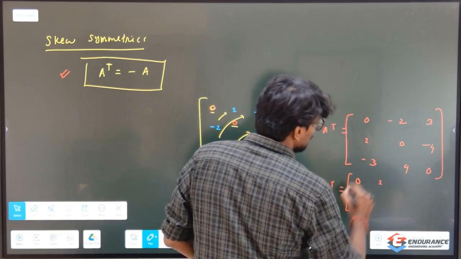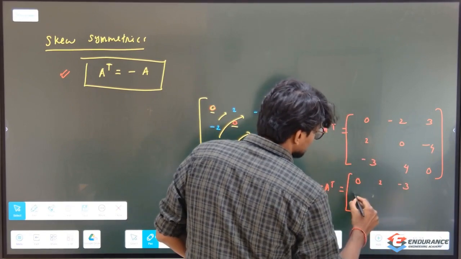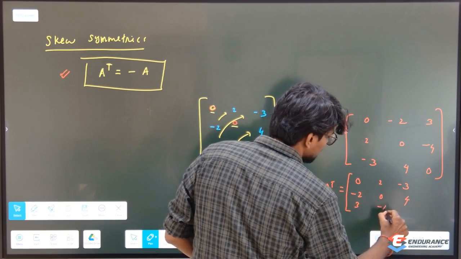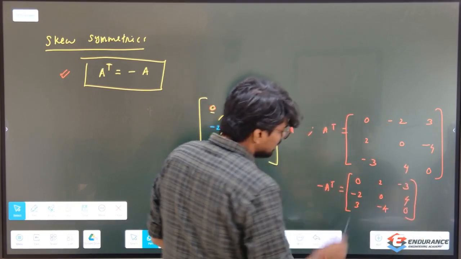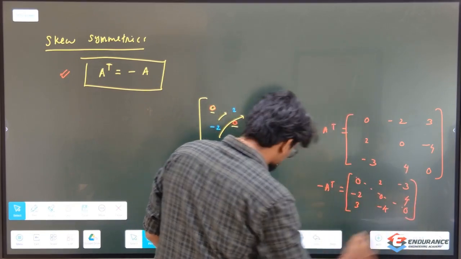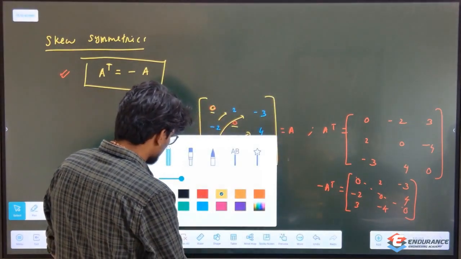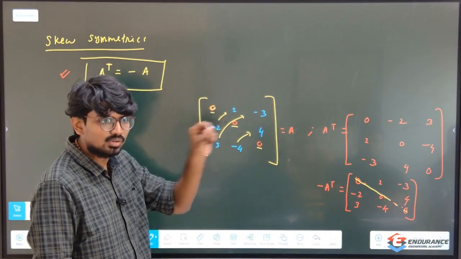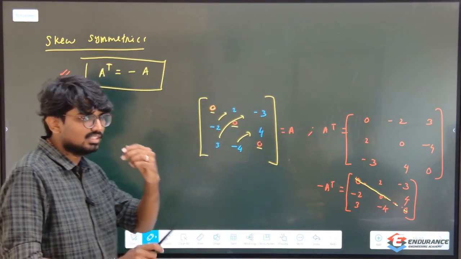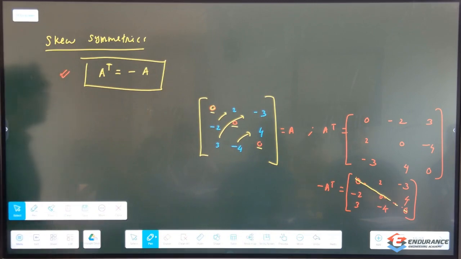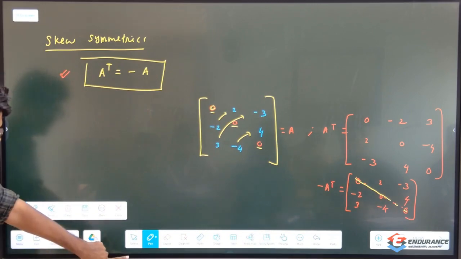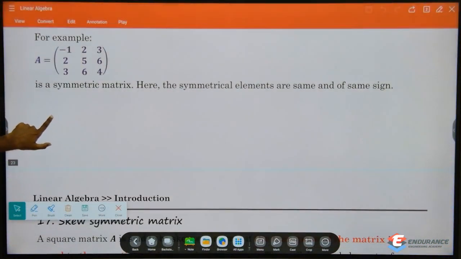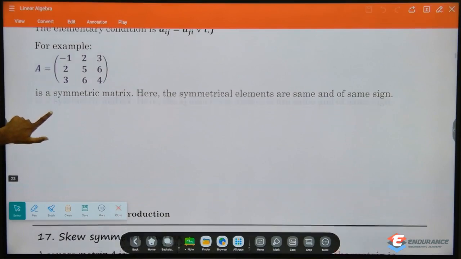This is going to be 2. That is going to be -3. This is -2 0 4. This is 3 -4 and 0. These are my leading diagonal elements. If my leading diagonal elements are not 0, when I multiply by the minus sign, our leading diagonal element changes. So that is an issue. Okay, any doubts here? Skew symmetric and symmetric. The example is here, you can write the example also, it doesn't matter. Okay,